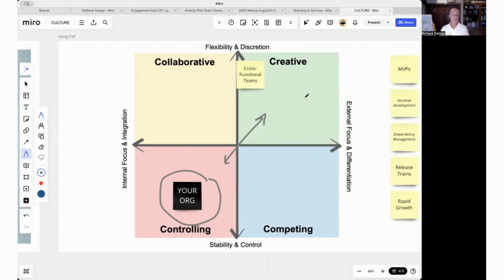Now, you can mitigate that tension simply by negotiating with those individuals that are most closely attached to, or in a decision-making role when it comes to, things that impact your hierarchy or that impact any control mechanisms you need to have in your organization. So cross-functional teams, by definition, likely mean that you're going to impact your hierarchy, because you're likely going to have to traverse your hierarchy to be able to get all of the people with the skill sets you need. And this is a very common challenge that I see across all of my clients. I'm actually dealing with that with one of my new clients right now.